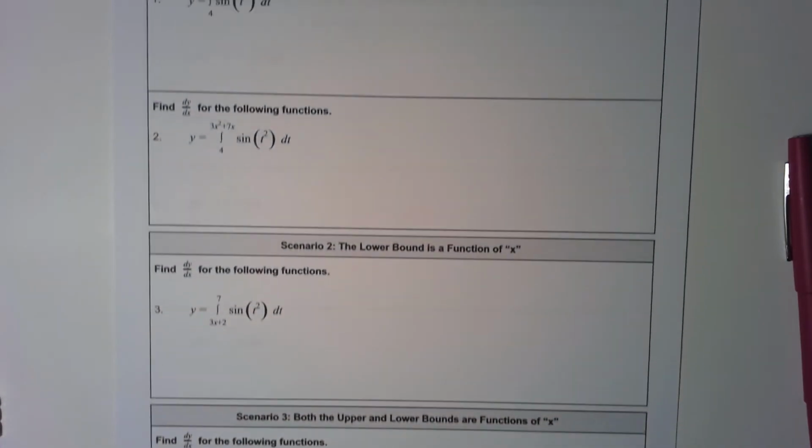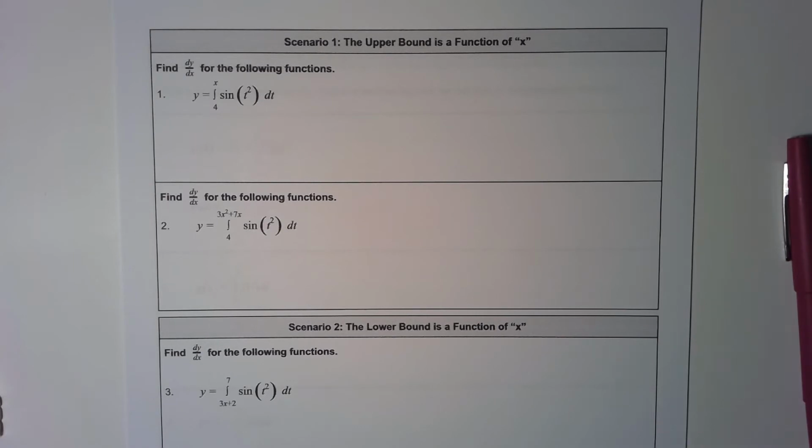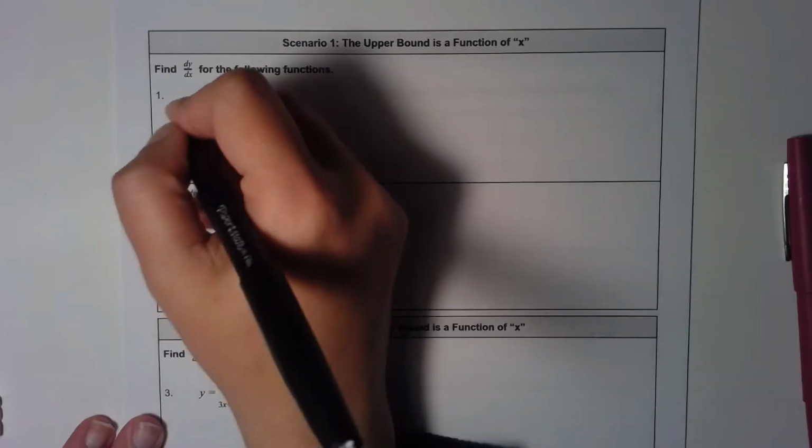So how does this play out? Scenario number one is that the upper bound only is a function of x. So I'm going to give you some equations, and we're going to find the derivative for the following functions. Now, remember, when you're taking a derivative, the derivative of a number is 0. So that's important to remember here. So when I take this derivative,